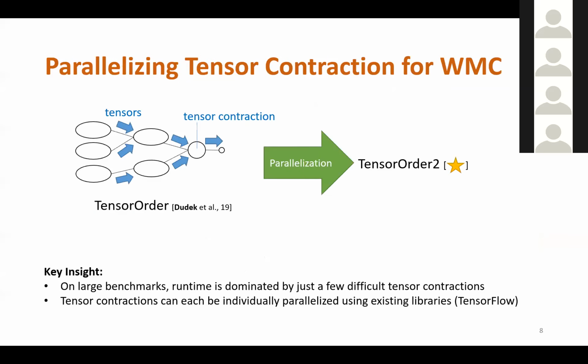Okay. So I've outlined to you this algorithm using tensors and tensor contraction to perform weighted model counting, but our original work only really evaluated this on a single core and compared it to other single core model counters. So for the remainder of this talk, I'd like to describe to you what we did to parallelize this algorithm to run on multiple CPUs and on a GPU.